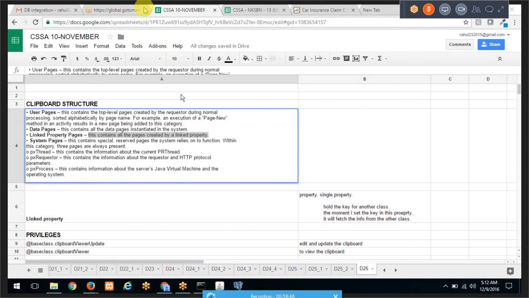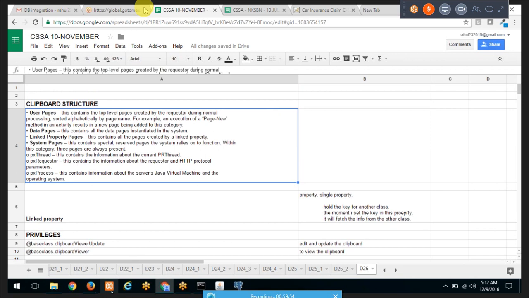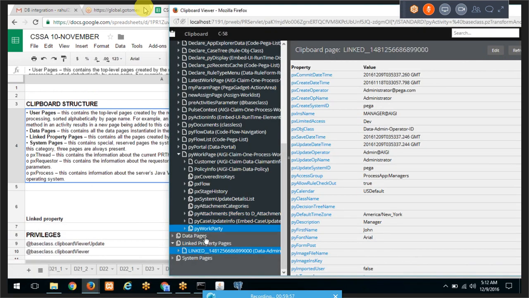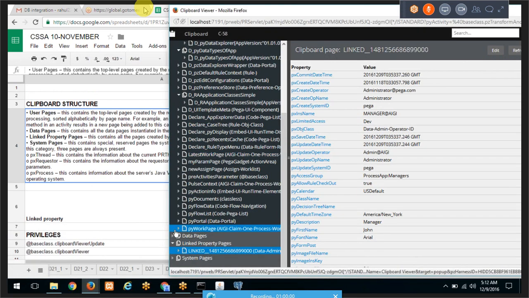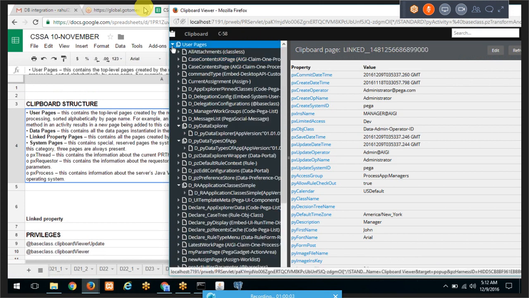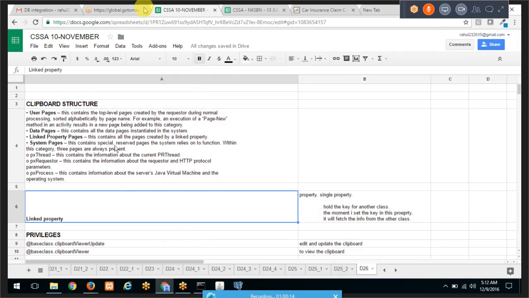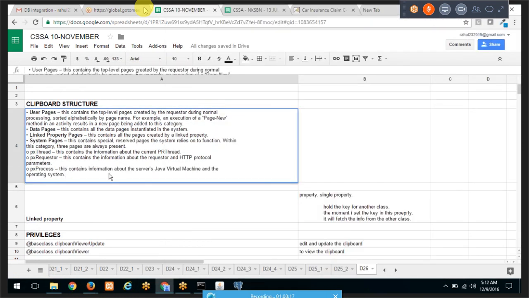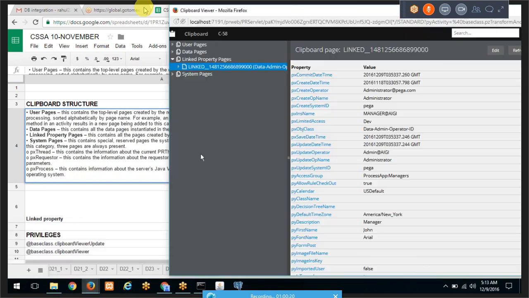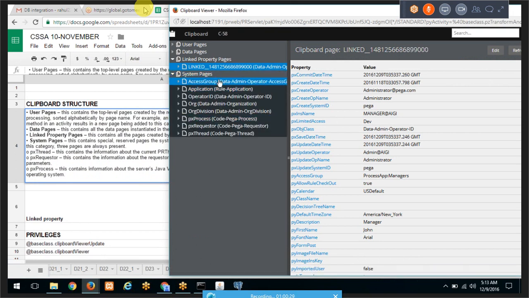Right. Now after this we have things like system pages. So we saw here under the clipboard the new linked property that is created by the system because of this option here under data admin operator ID. And you see all this information here. Alright, now you have again something called system pages. So now under system pages you will find the standard list of